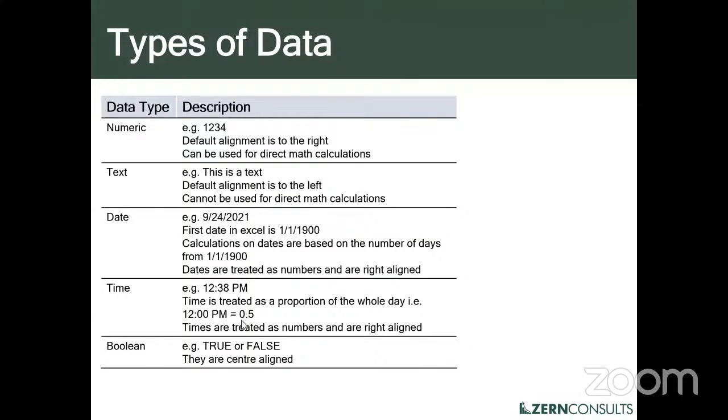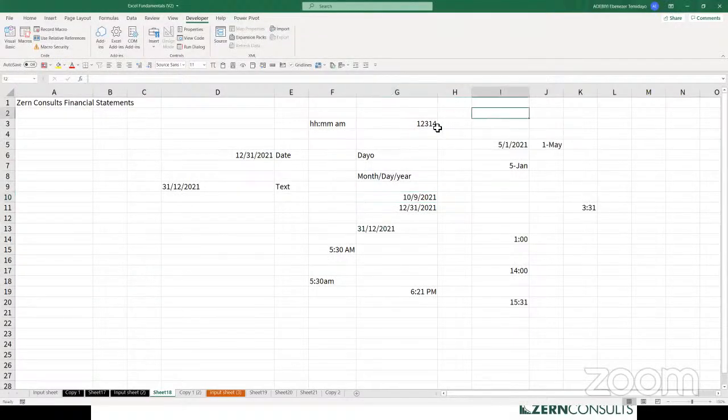Okay, so those are the types of data. I was going to give an example of Boolean. Boolean is either true or false. That's basically what Boolean means. So if I type TRUE, I press enter, Excel will center align it and make a capital letter. You might not know what this means now or why it is important. So if I type false here, Excel will do the same thing. We're not going to go in deep when we get to